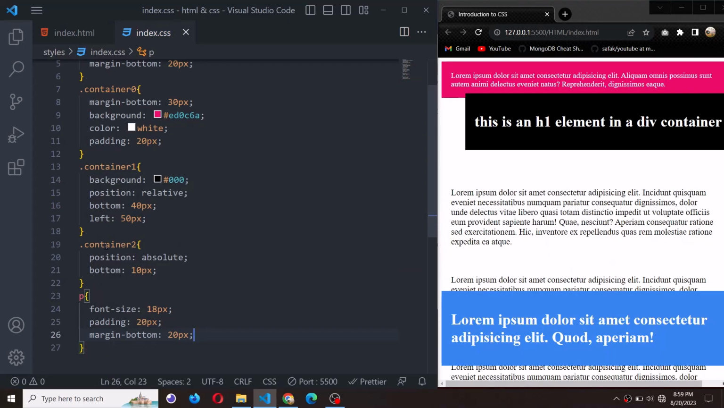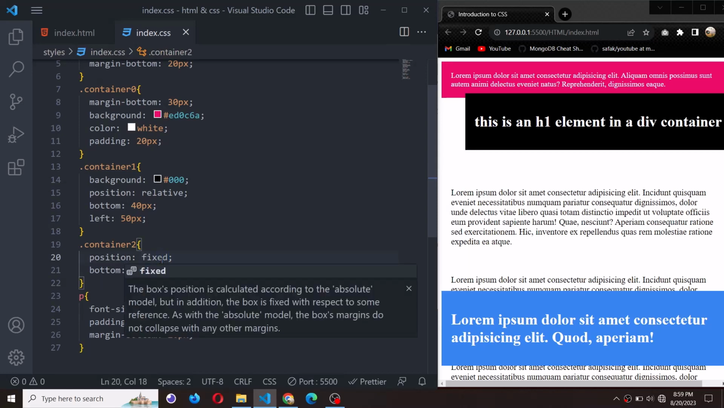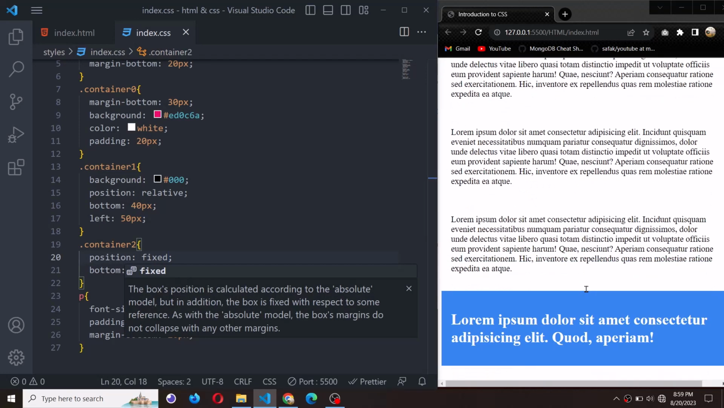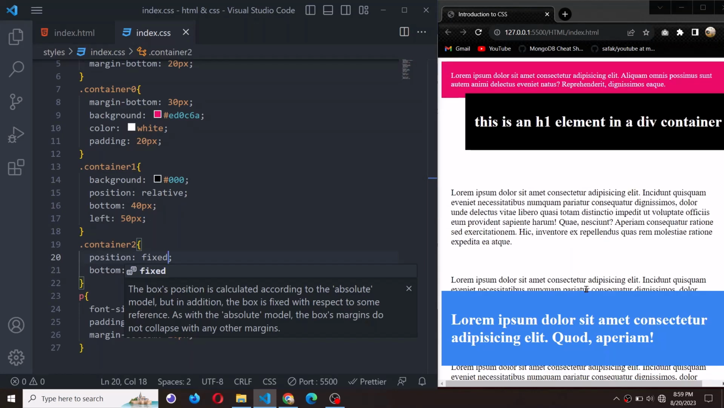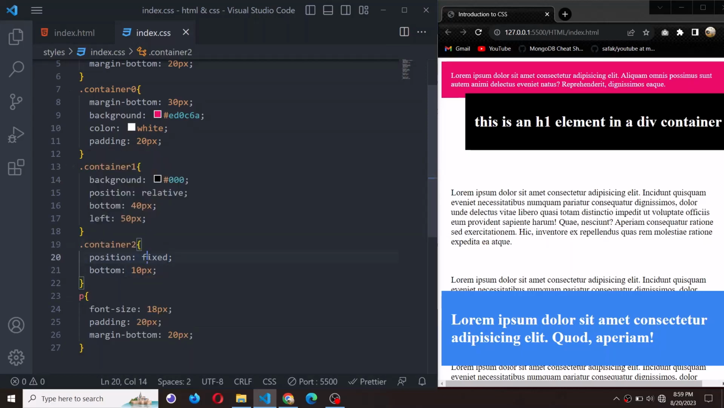So now take a look at something. The position of container 2, which is this one with the blue background, is set to absolute. So if I scroll, you see that it will scroll along. But if I change it from absolute to fixed, then even if I scroll, it will remain there. Is that okay? So that is the difference between fixed and absolute. With absolute, we can scroll the element, but when we set it to fixed, we cannot scroll the element. Is that okay? Now there is another one called sticky,